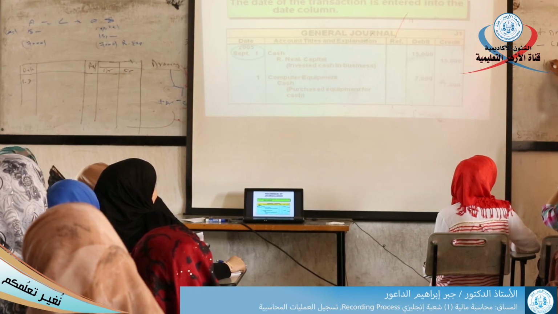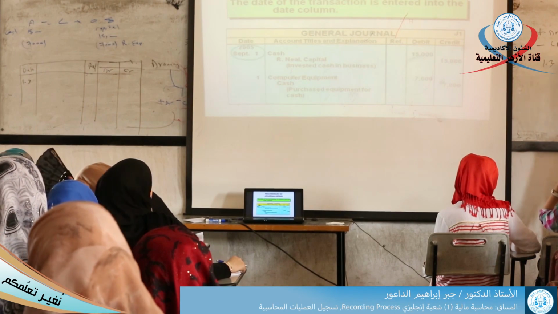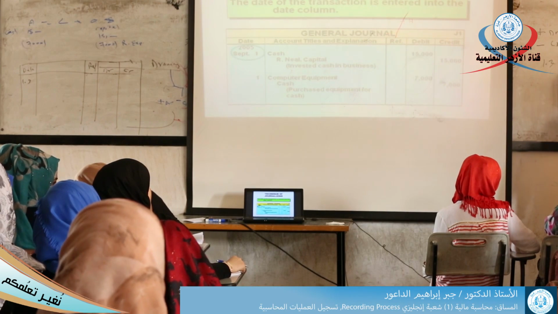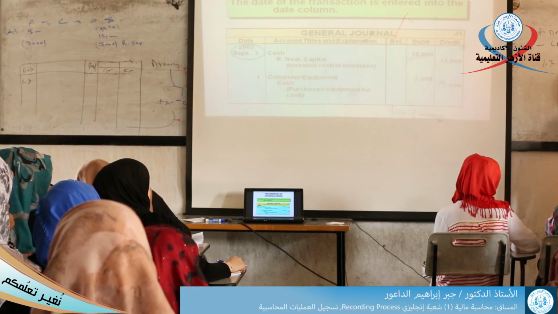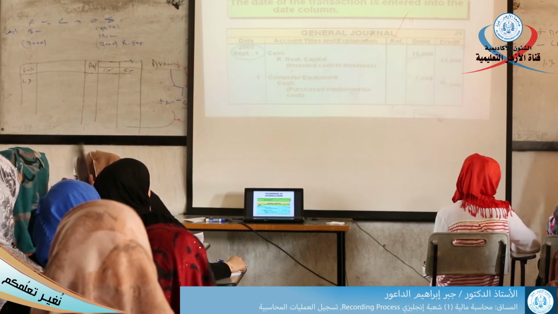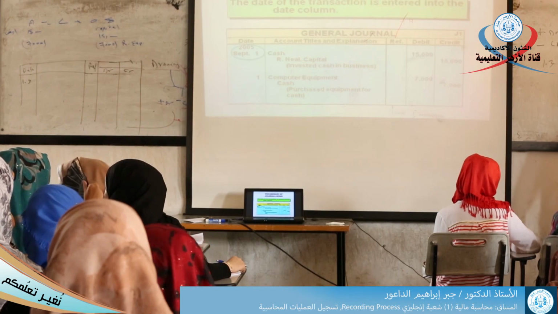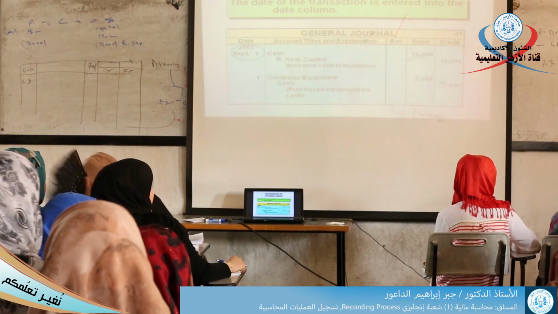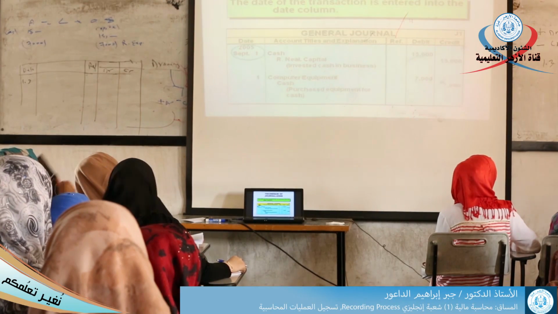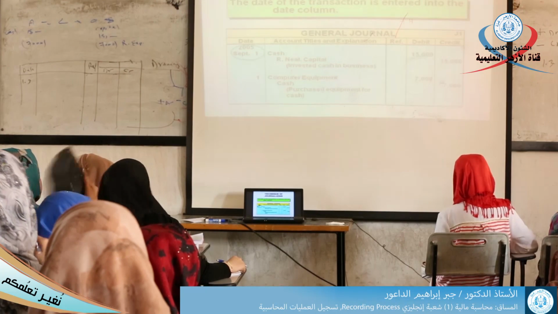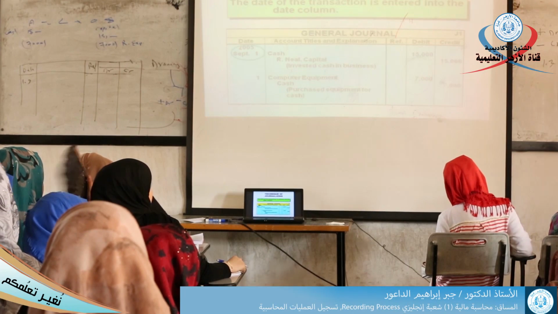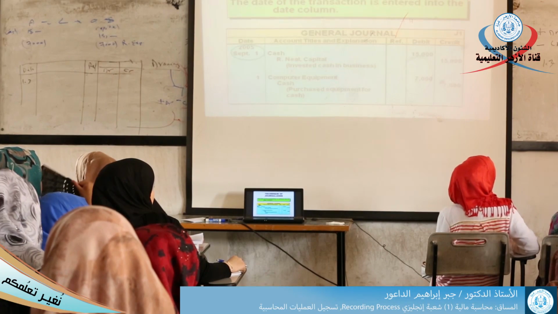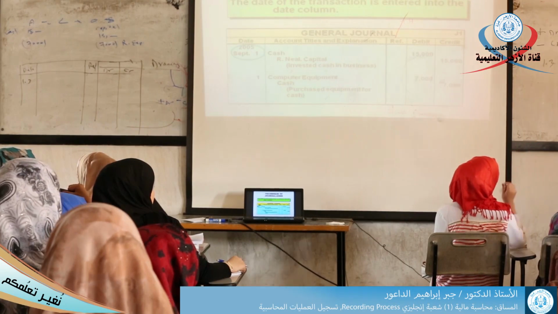The date, for example 143, the entry cash to capital, 15,000, just like that. You also need two columns, column for debit amount and column for credit amount. It's okay, but the easier one is like this: